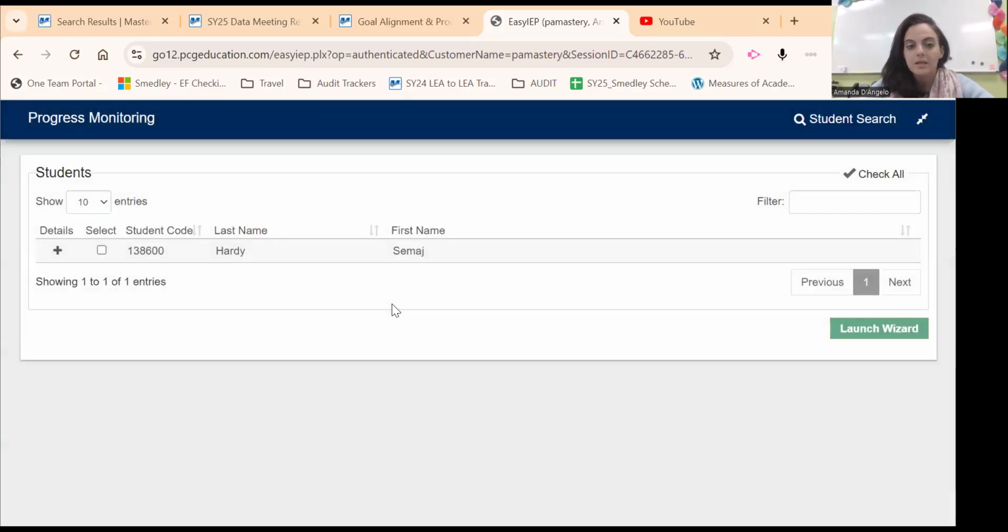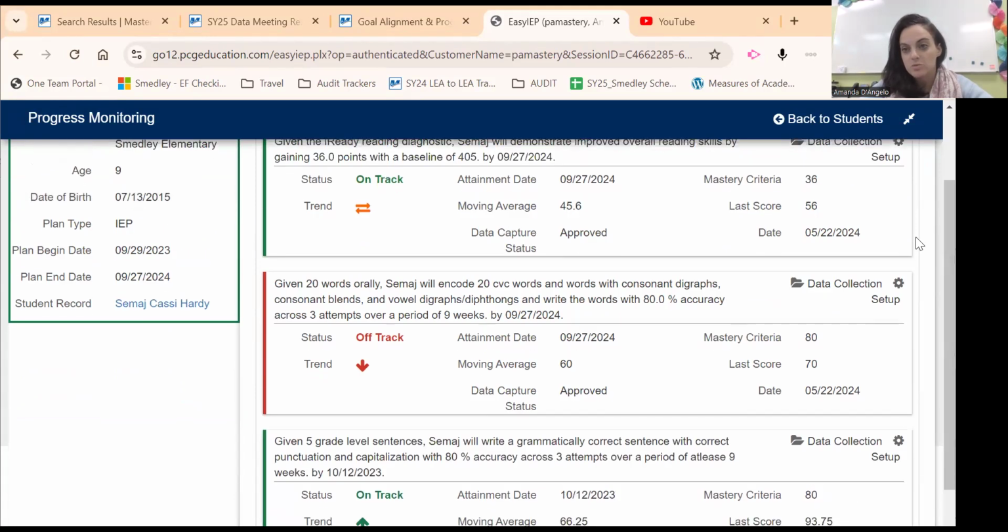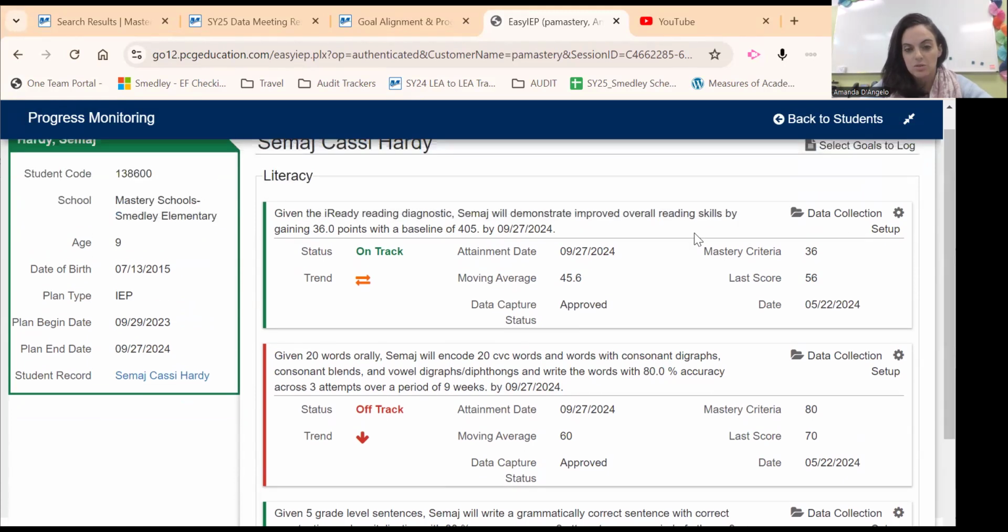Okay. So we have Samaj Hardy here. You're going to select this little box, check it, and then launch wizard. What you're going to see is that you can collect data for multiple goals. This program is really used for tracking data in a graph system. It has 3 goals, so you're going to track each one. What you do is click on data collection,